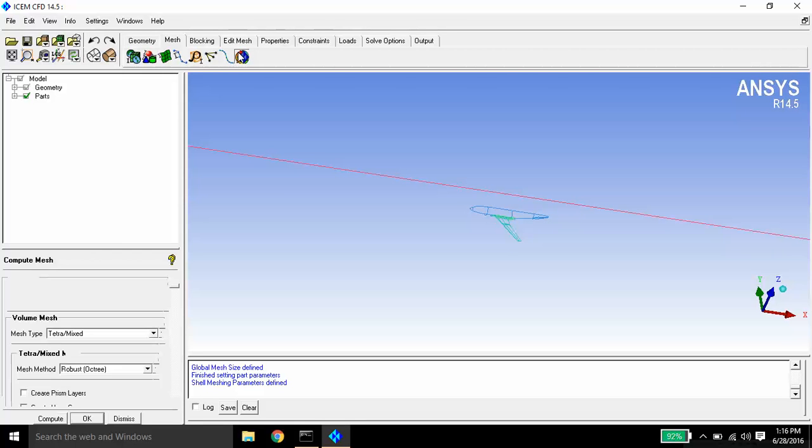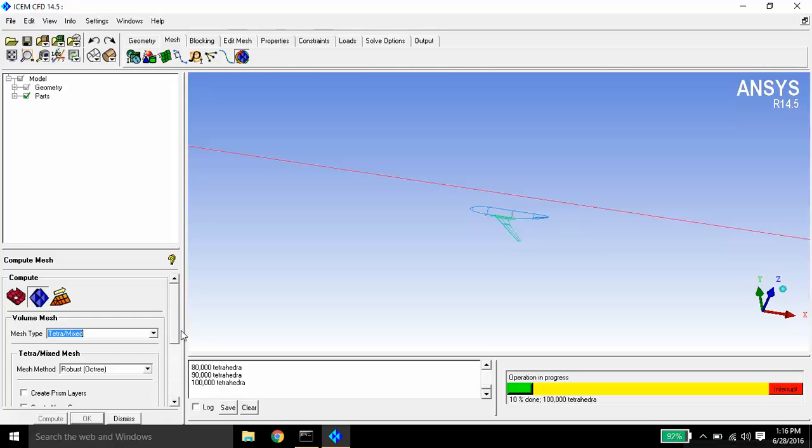Now compute the mesh and see how it looks. I have given volume meshing. We need to give first shell meshing because this is a bottom up approach.